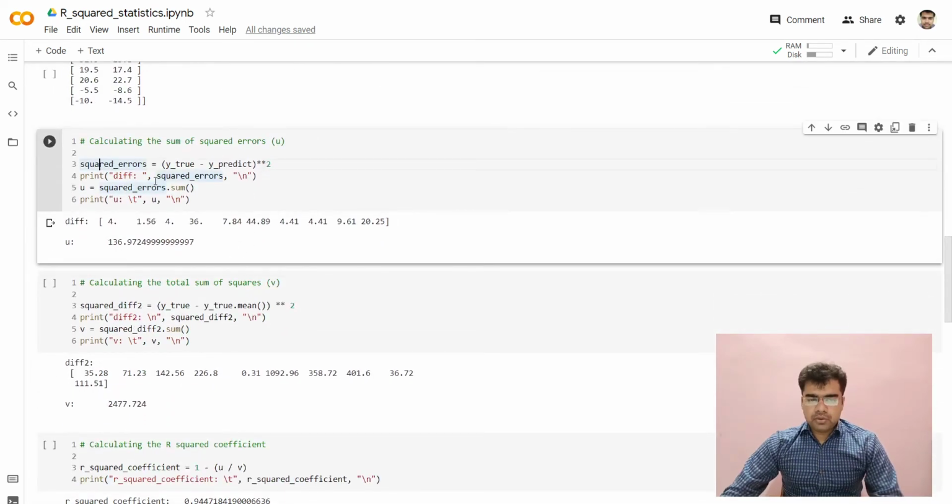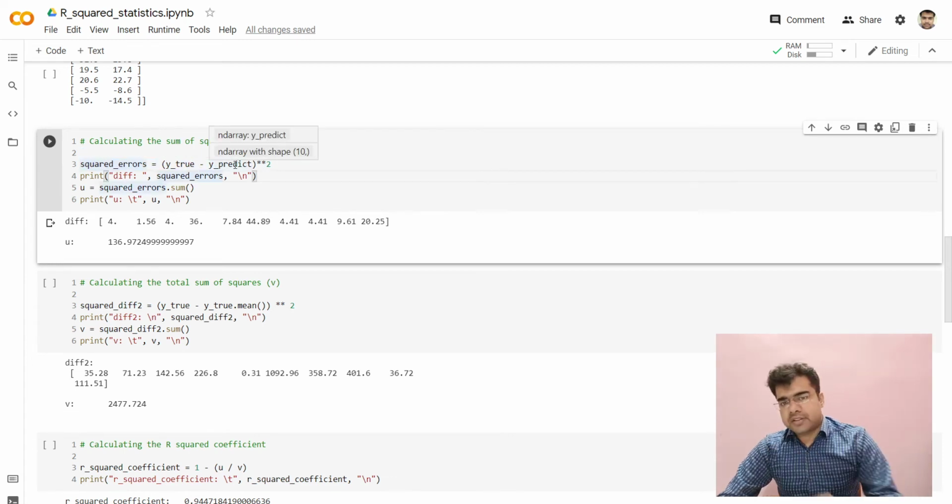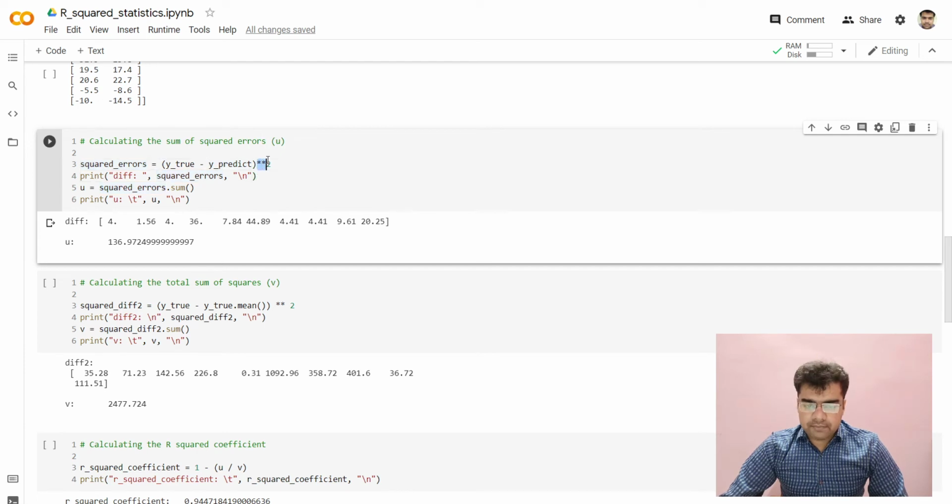So how do we compute the squared errors? You already know that the squared error is nothing but the prediction subtracted from the corresponding ground truth, and then that difference being squared. In this particular part I am subtracting the prediction values from the corresponding ground truth, and whatever difference comes, I am squaring it using the double asterisk. The double asterisk in Python is used to square the numbers element wise. These two vectors contain the ground truth and the prediction values. We take the difference element wise, and then that difference is finally squared.